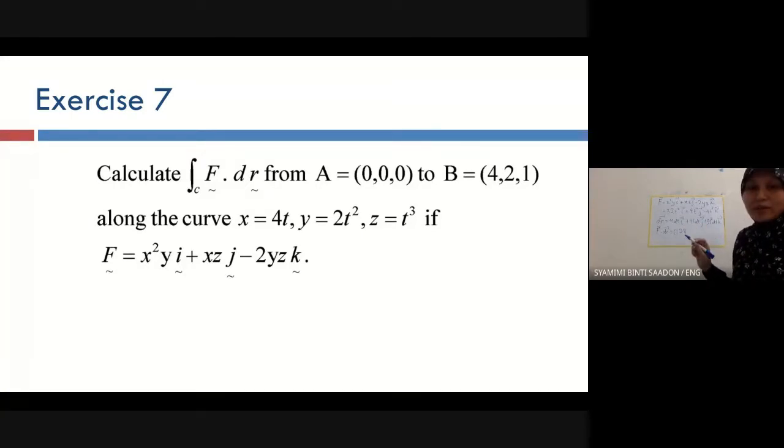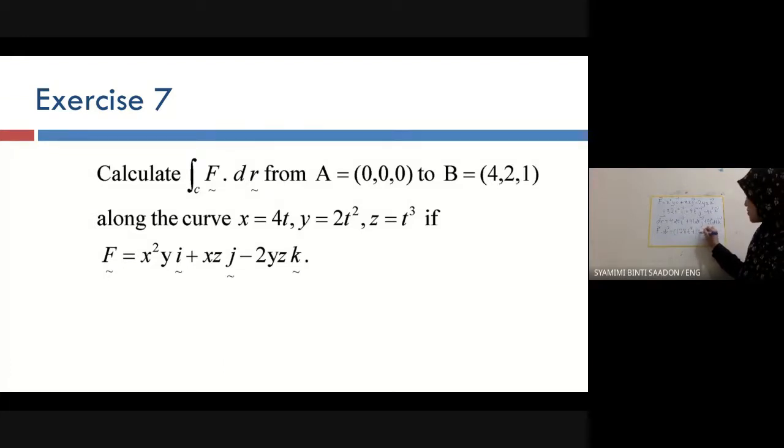After we multiply the scalar product, we will have a scalar answer. Okay, function for i with i, j and j, plus